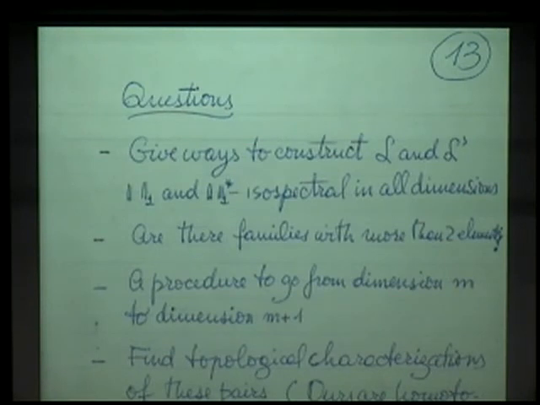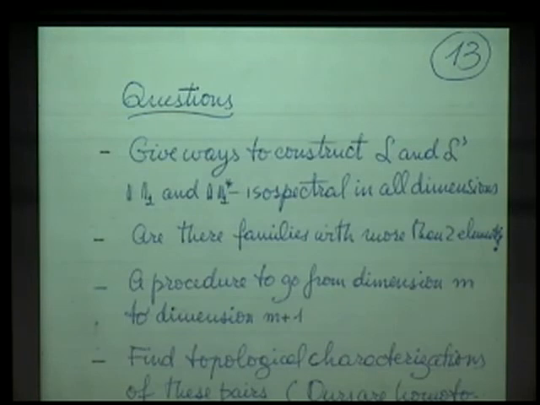And now I give some questions. So the first question is to give ways to construct lattices so that these are norm 1 star isospectral in all dimensions. We only did it for dimension 3 and 4.